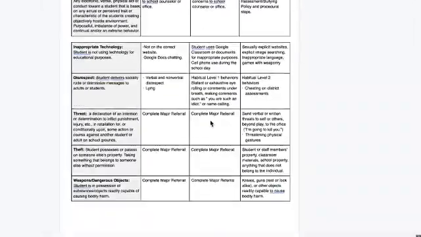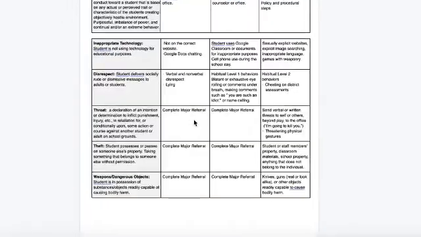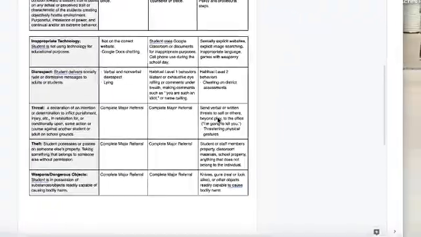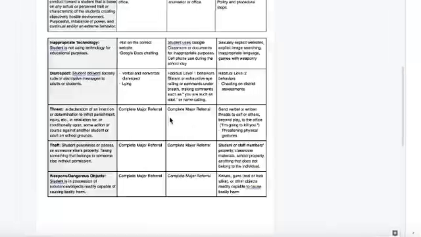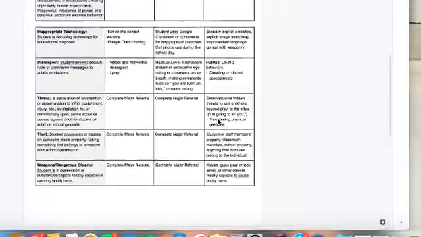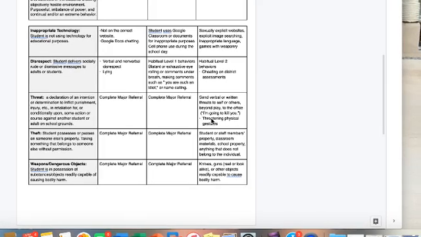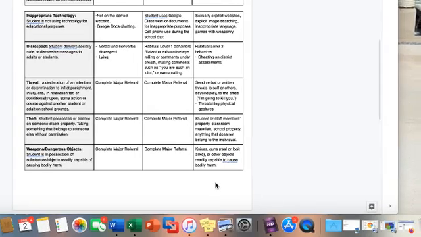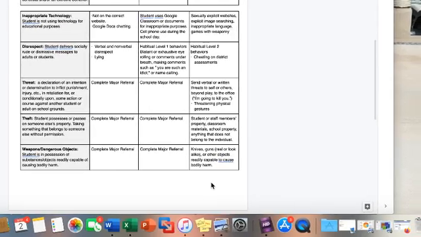Threats, theft, and weapons, those all move directly to a red slip. So you can see here, with any of these things occurring, automatically a red slip. When you do hand in those red slips, please make sure you either hand them directly to the administrator, make sure that the secretary knows that they need to be addressed if that administrator is out of the building. Hopefully this matrix will help you to decide how to document, when to document,